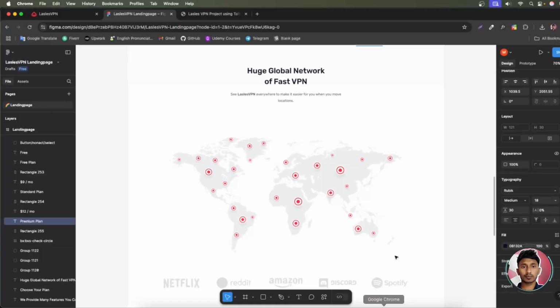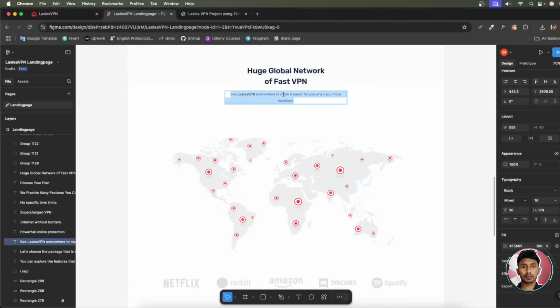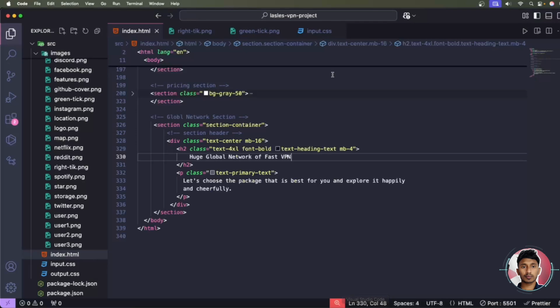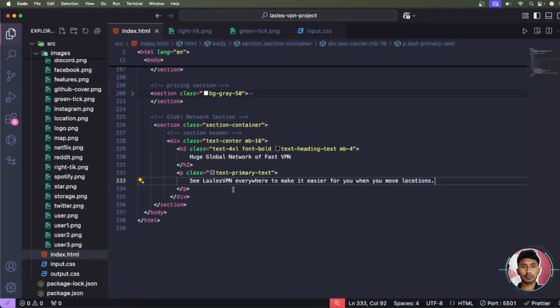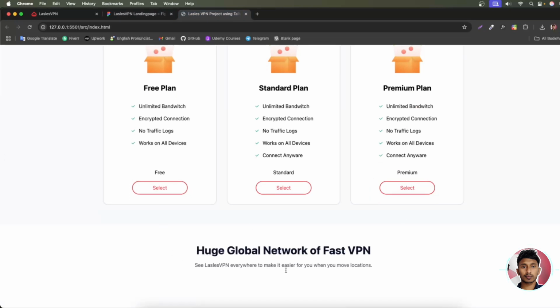We'll just change the naming. Let me copy this and replace it. If you need to change the text, you can simply copy this text and paste it inside this paragraph. Right now if you go back, you can see this is your global